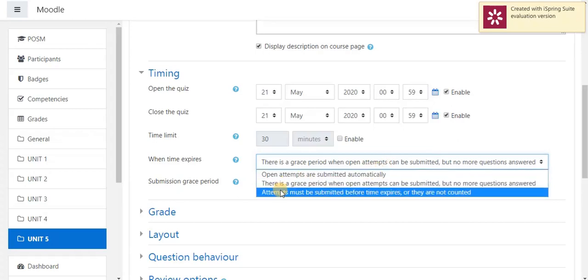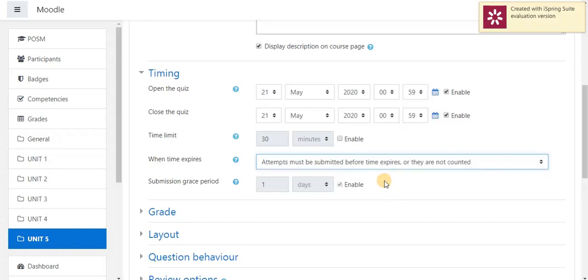Next, third option, attempt must be submitted before the time expires or they are not counted. If I select this option, a student should manually submit after completing his quiz. Otherwise the quiz will not consider his grade. It will be automatically disqualified.